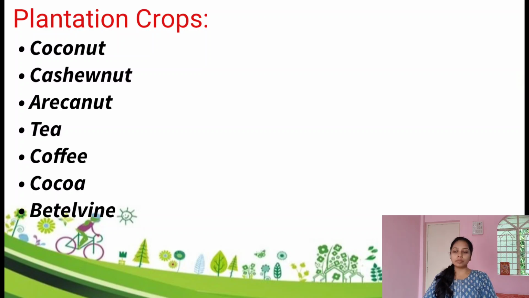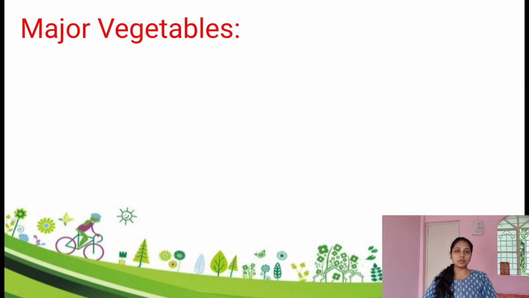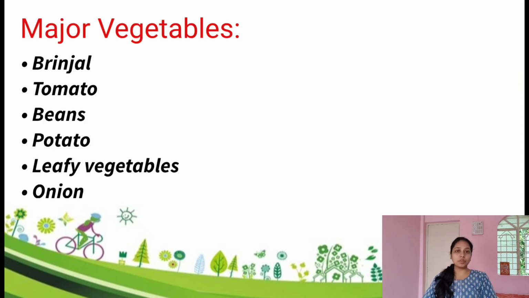See, whenever I'm giving you this kind of list, just go through the scientific name, family, the origin, from which country it has been introduced, how it has been introduced, and a little bit of history. Just do a little search on the history, and then varieties. Instead of the older varieties, go to the new ones, because everyone knows the specific variety, but no one knows the updated variety. So from the varieties, you can go to the ICAR website that is providing the latest varieties. It will be beneficial for you.